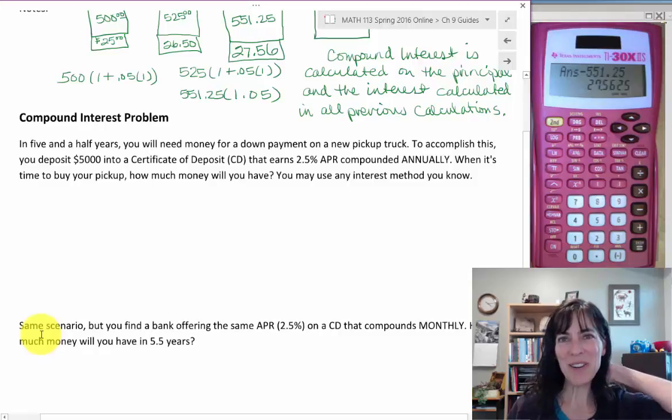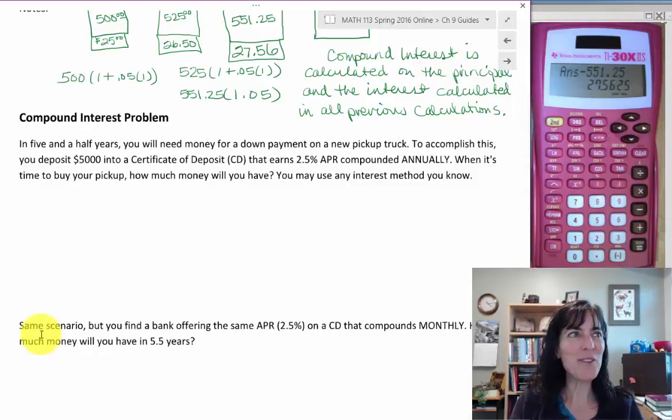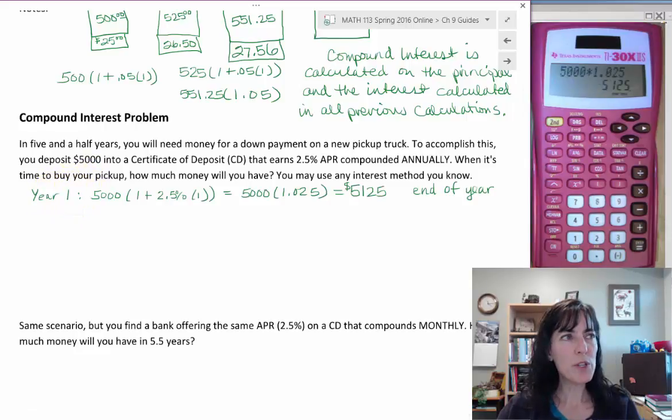So how did it come out? I'm hoping you were able to figure this one out. Most of my students use this method. So for the first year,